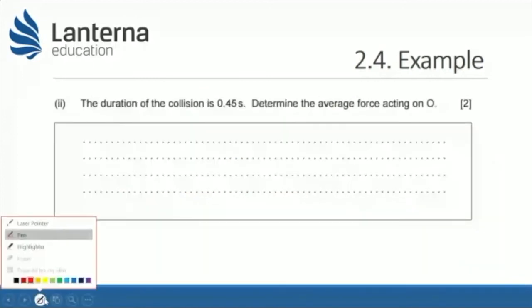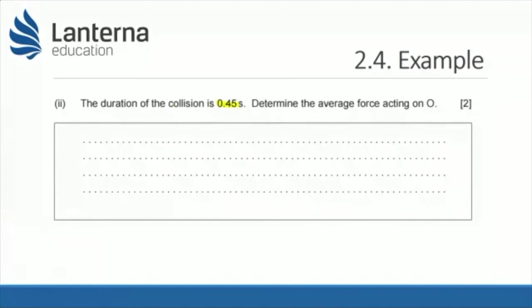Highlighters back out because we may get more useful information. So we're told the duration is 0.45 seconds and we want the average force. So remembering the equation that we had before and the value we got. We know from our data booklet that the average force is equal to the change in momentum over the change in time. The change in time we're given, that's 0.45. Now the change in momentum is the final momentum subtract the initial momentum, and we're thinking about O. Like we saw in both the skating example and the last multiple choice question, the change in momentum or the impulse is the final momentum, so that'll be its mass